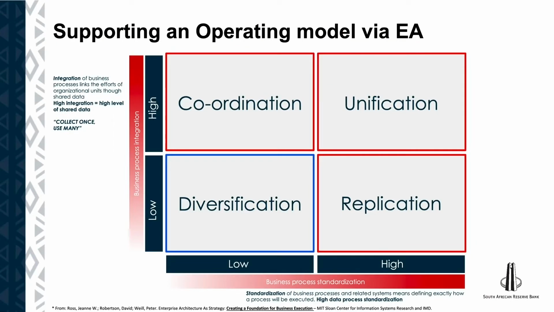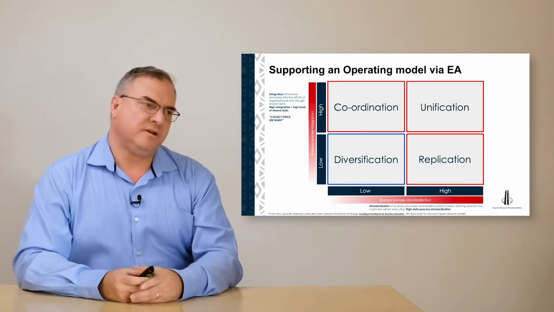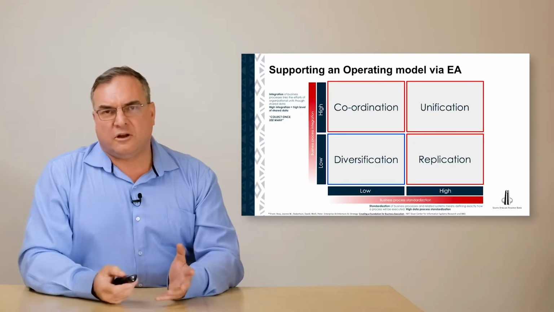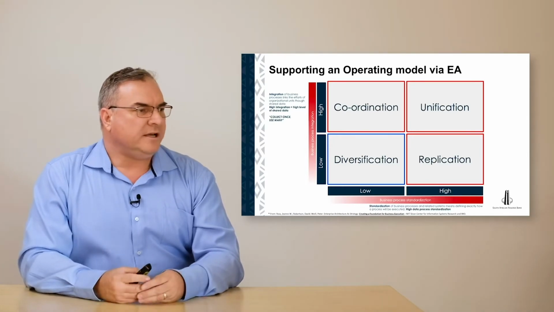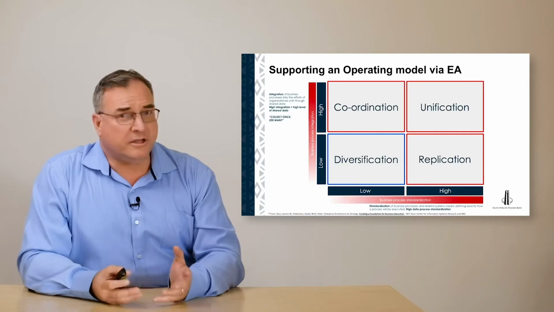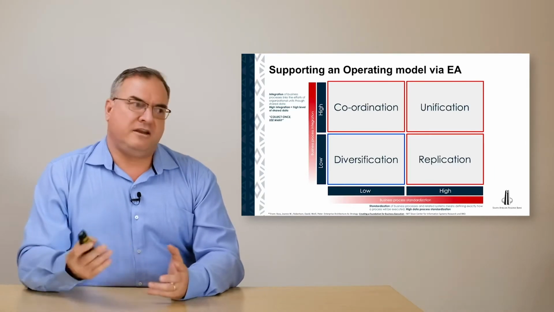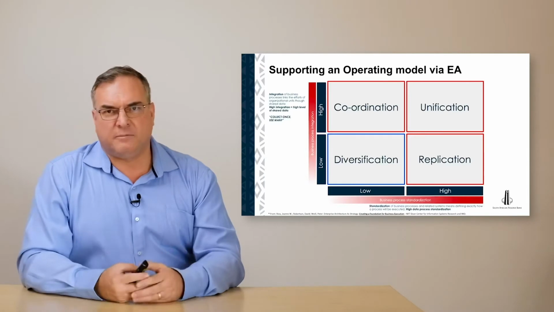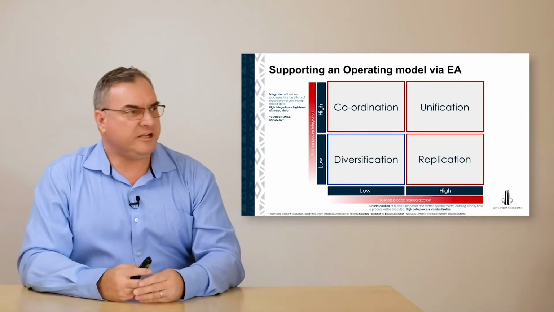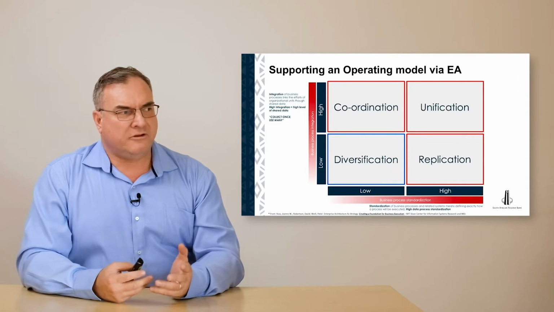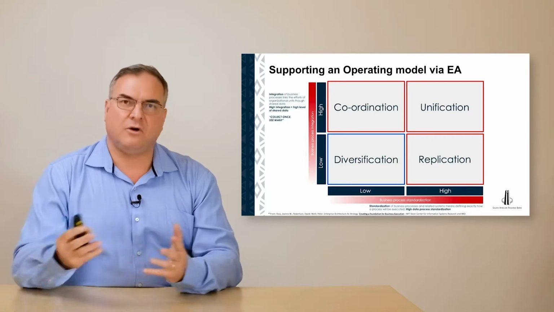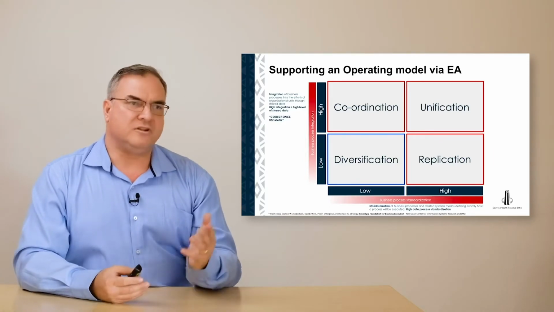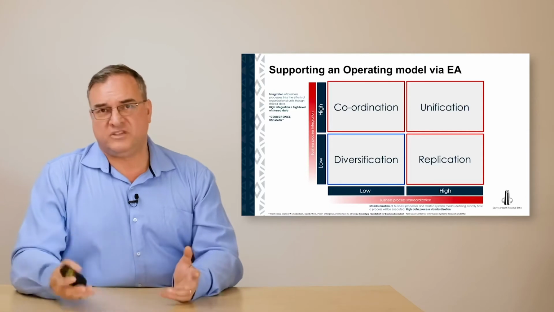The next major element is a zoning model or a zoning map, an operating model map. And we started off with referencing seminal work from Jeanne Ross and Peter Weill in their book Enterprise Architecture as Strategy, where they refer to this model originally created by MIT Sloan Center for Information Systems Research. And it really started off talking about the operating model of an entire organization and the different organizations having different levels of process integration or process standardization.